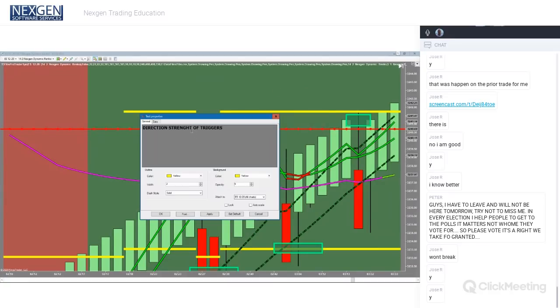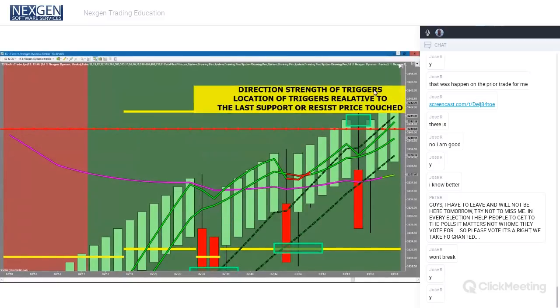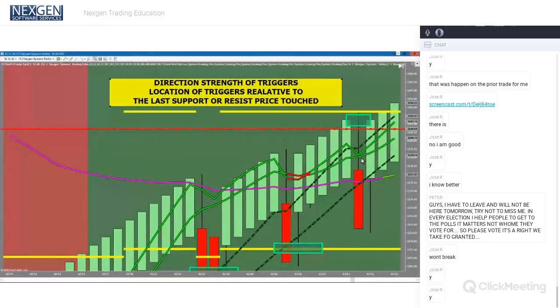All right. Direction and strength of your triggers. I should say support or resistance. This is pretty universal. Right, so I'll make this a little bigger so you can see as we're going through it. Direction of the triggers is what? Up,